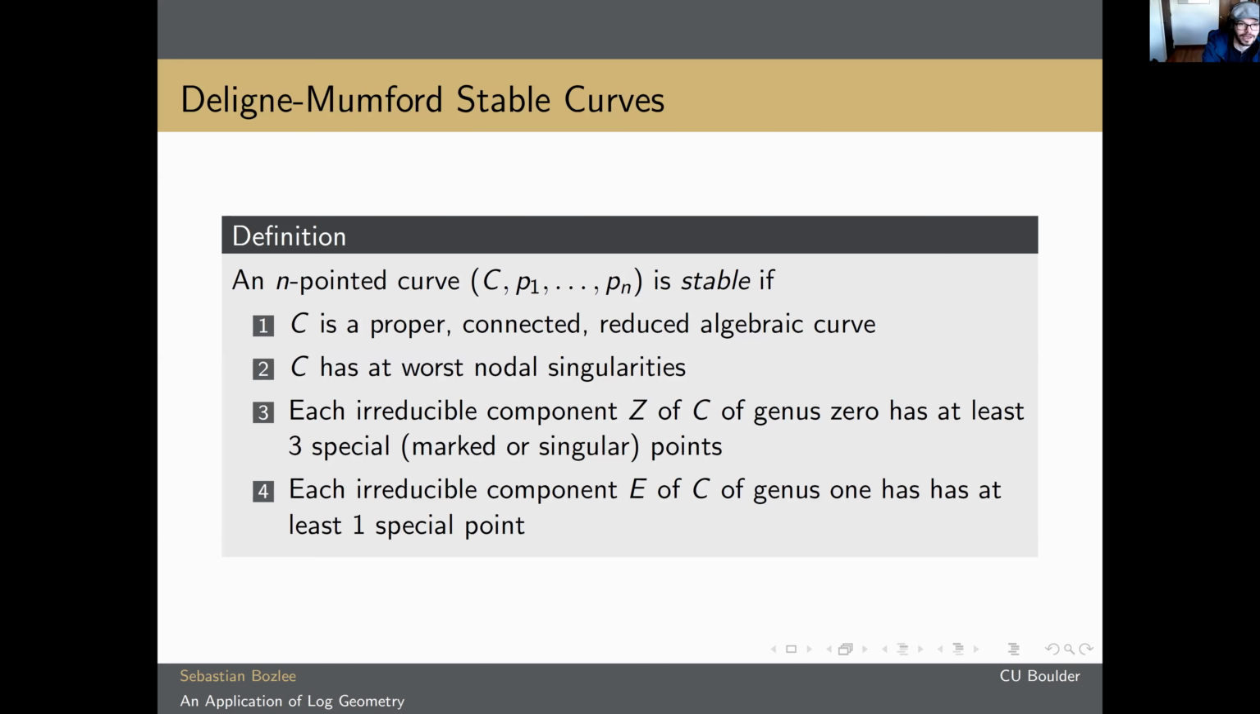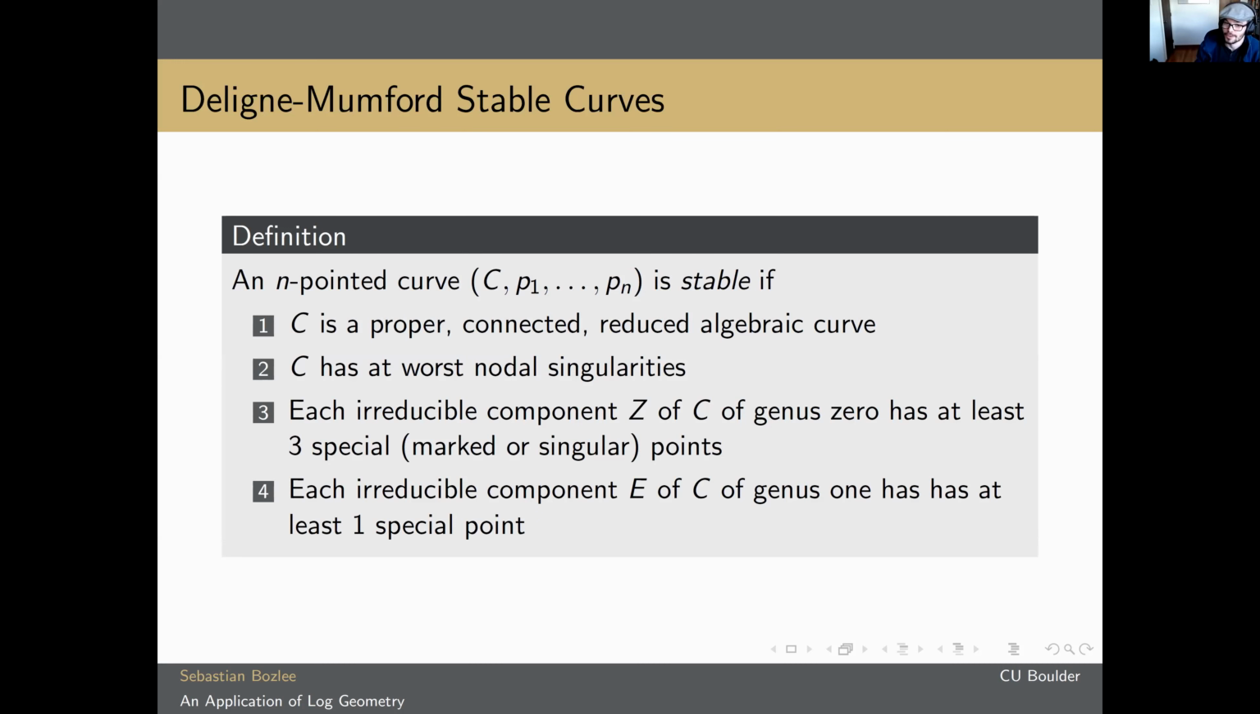So an n-pointed curve, P1 through Pn, is stable if the curve is relatively nice: it's proper, it's connected, it's reduced. It has at worst nodal singularity, so the only singularities we're going to see are nodes. And some conditions that may feel a little bit more technical at first, but I do want us to remember these,